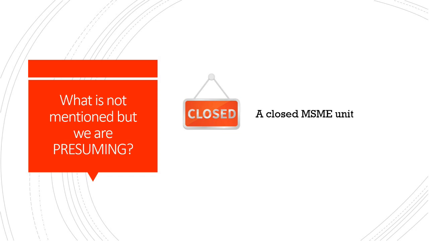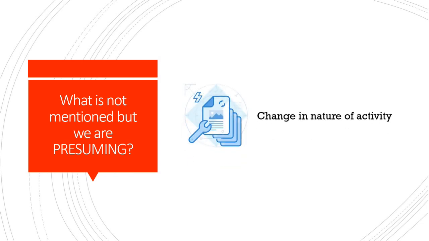At the same time, the truth might be that the person actually tried to do some business with the 10,000 rupees or 1 lakh loan that was given to him, but he did not succeed due to tough economic and market conditions. However, they are repaying some amount somehow to keep things moving. That is why the account is still SMA, not NPA. Am I right? One more case is when there is a change in nature of activity.